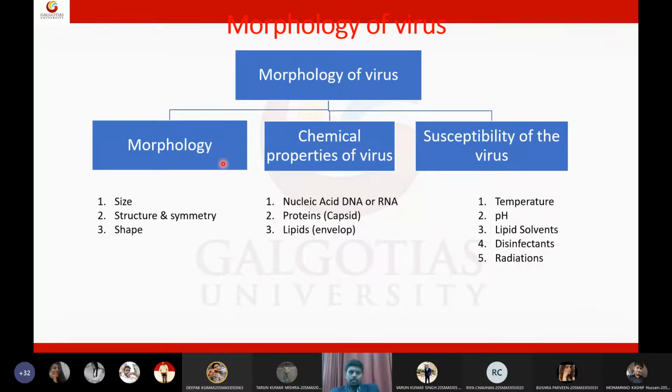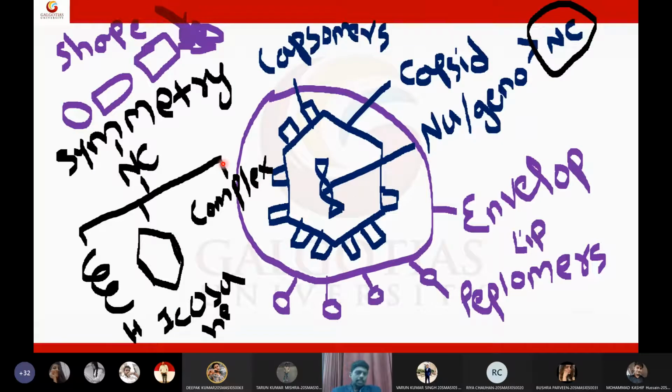Coming to the morphology, virus will have a genetic material. Genetic material can be DNA or RNA, which is at the center of the virus, called the nucleus of the virus. This genetic material is enclosed by a protein coat called the capsid. This capsid, along with the nucleus, is together called the nucleocapsid. On the surface of the capsid, we have protein subunits called capsomers, and the number of these capsomers is unique to various viruses. This differs from virus to virus depending upon their families. Usually capsomers will be around 60, and capsomers also help in attachment of the virus to the cell surface.